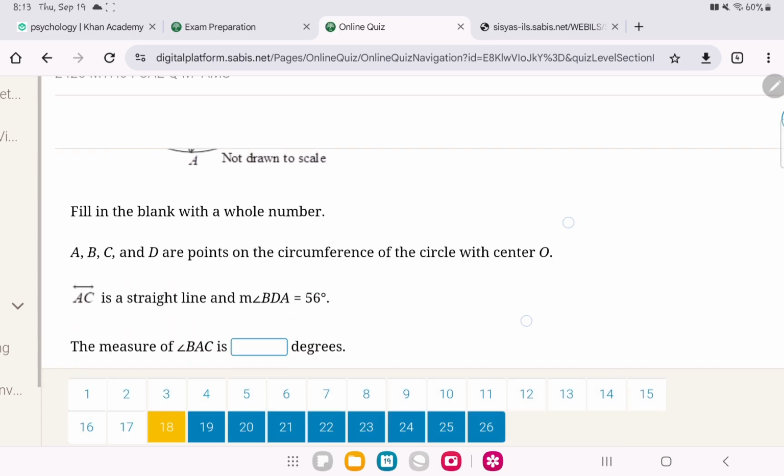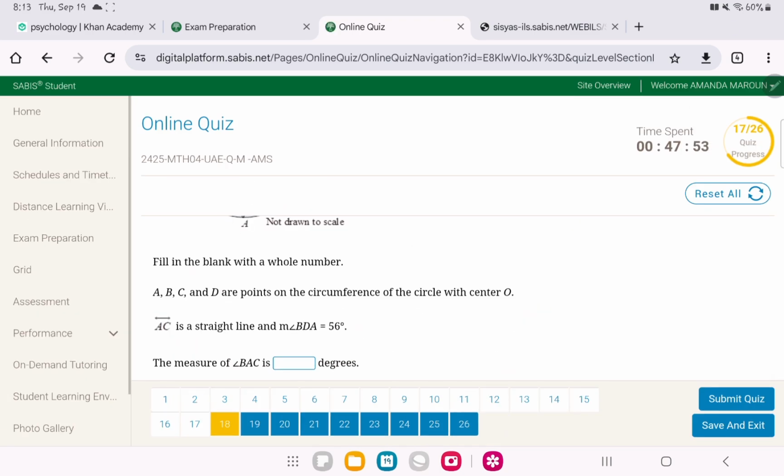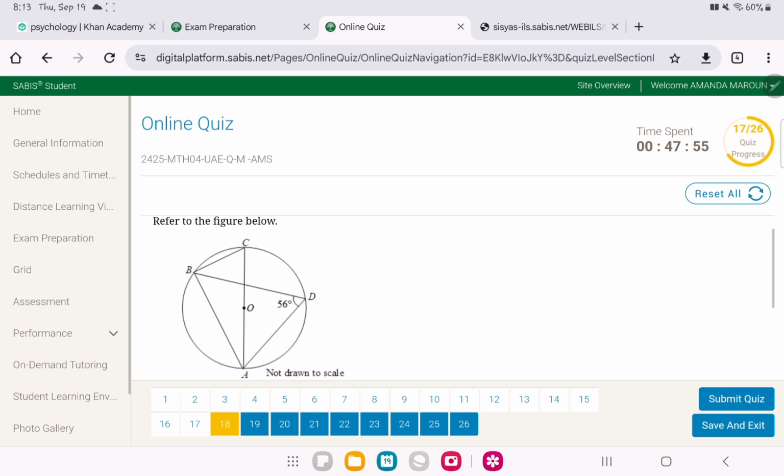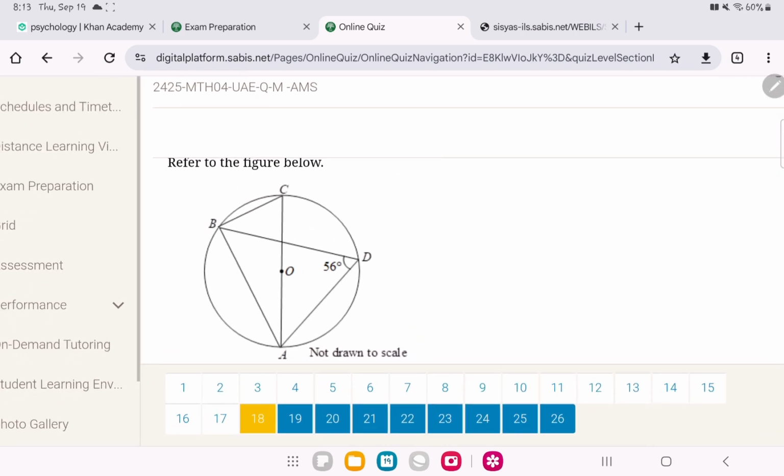Question number 18. Now we reach geometry. So how to do this geometry? There are many ways of doing it. The way that I prefer to do it is like this. If you notice this one,